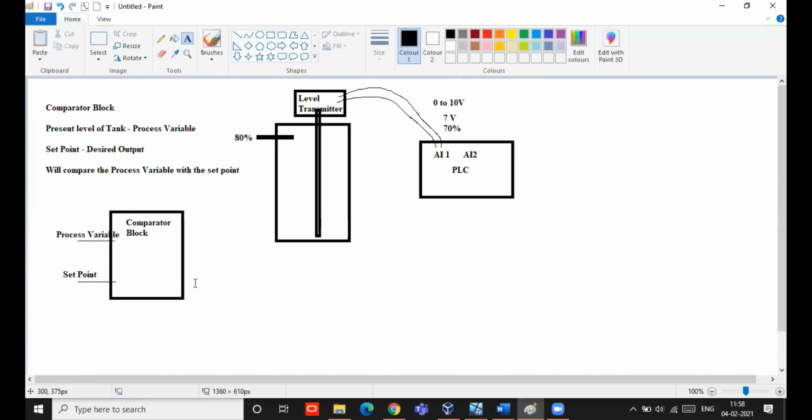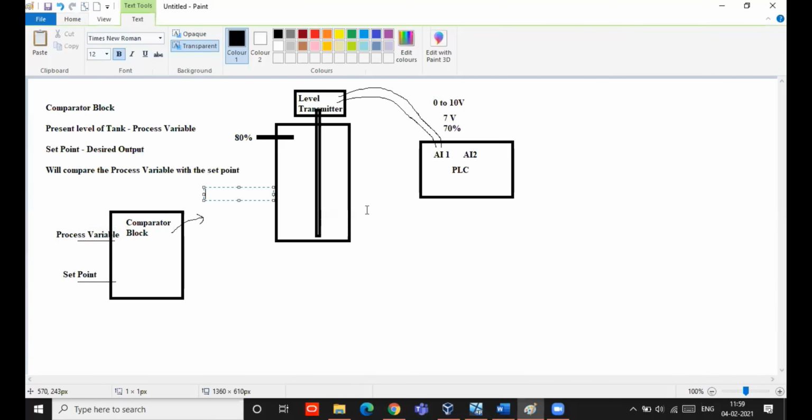So the comparator will compare both values, the present level and the set point. In comparing, there are different types.